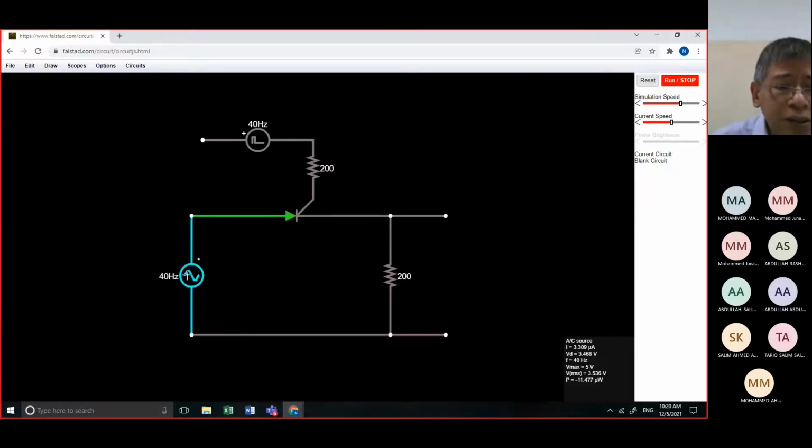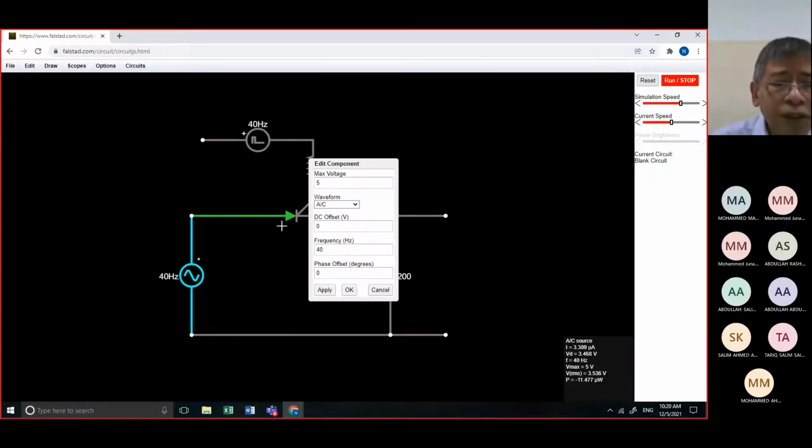We will change this voltage input parameter to 100. Then next, we need to change this also to 50. This is 50 hertz.